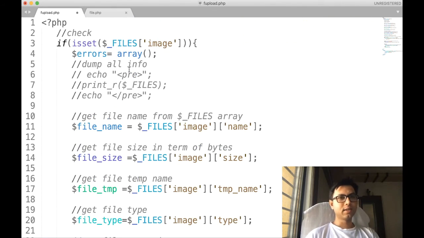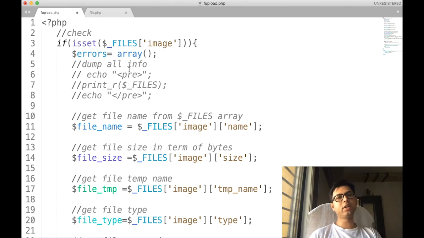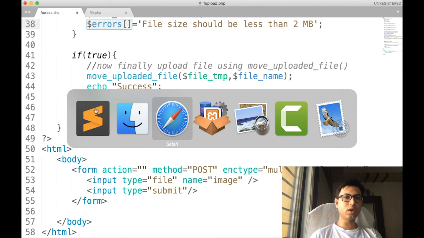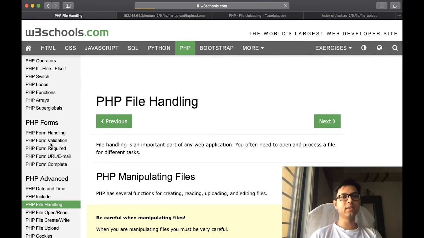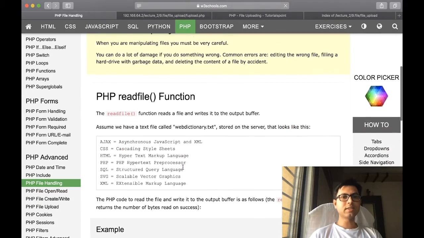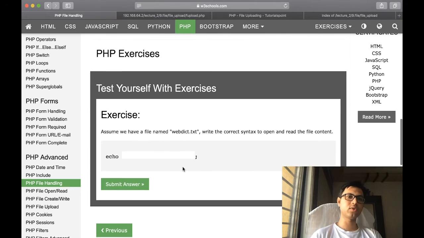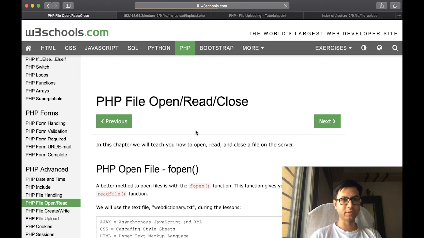So friends, this is the script to utilize the uploading functionality in PHP. If you want to upload any file onto your server or local folder using PHP, you can utilize this particular script. Now I want to also explain one more topic, that is PHP file handling in this tutorial. This is something we learn in C and C++ also, so I am not going to take that much time to explain this topic.